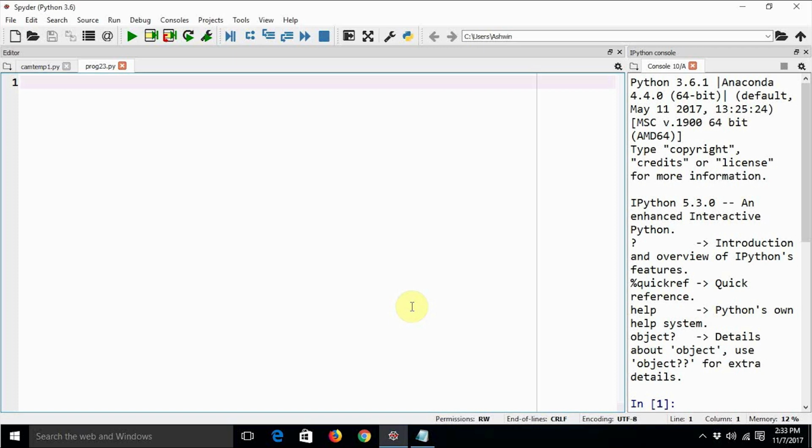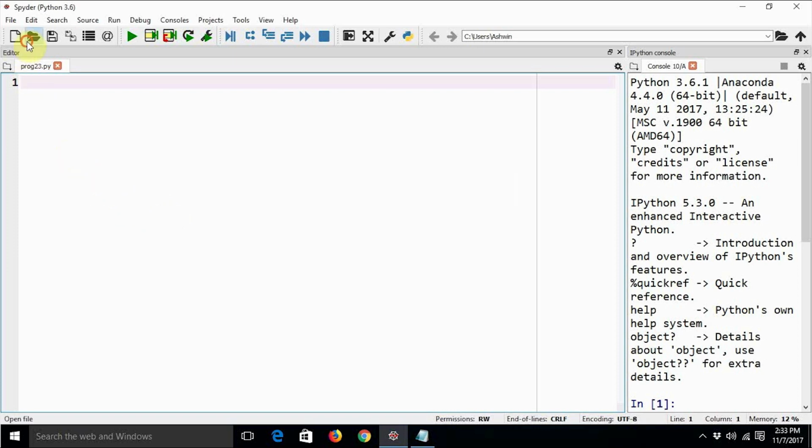In the last video we saw how to use OpenCV and Python 3 for playback of a video. So in this video we are going to learn a very interesting concept. All of you must have heard about object tracking, right? Object tracking is highlighting a particular object in a live video or in a pre-recorded video. So we are going to try to replicate that functionality using OpenCV and Python 3 as well as a webcam.